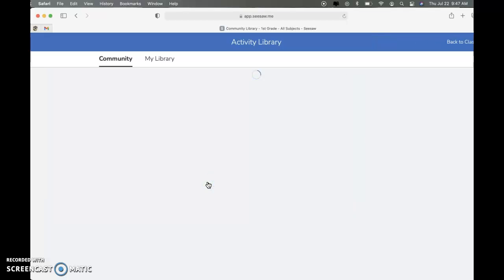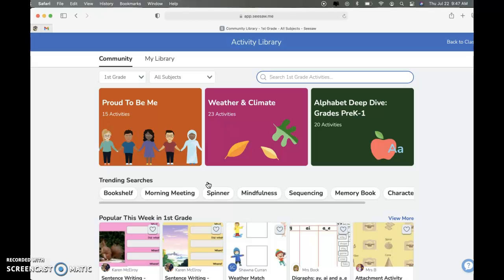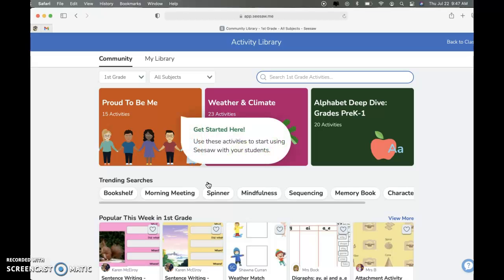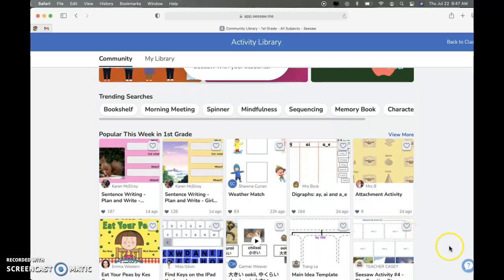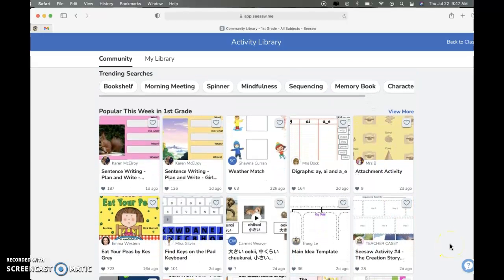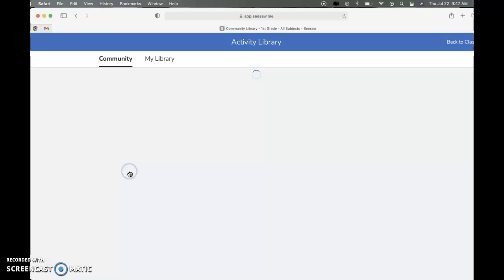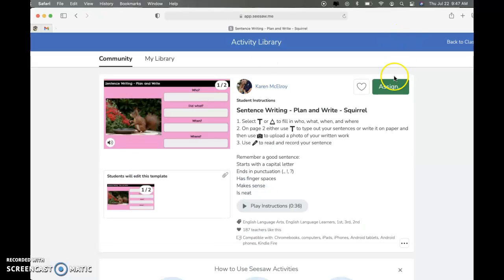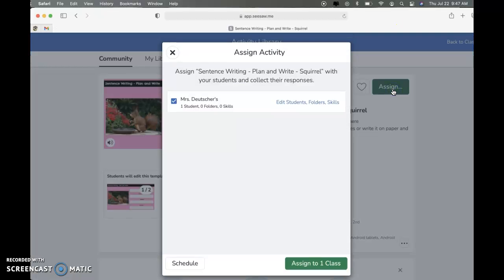So you can just go to browse the activity library, and if you're working on something as far as writing, or the elements of writing, or nouns or adjectives, there are all of those ways that you can go through and assign the activities to the lessons that you are working on. Simple sentence writing. So for instance, if we would just do the simple sentence writing, you can go up here and then click on the assign button, and then you would be able to assign it to everybody